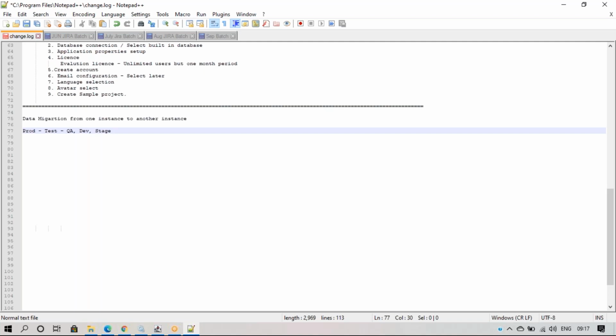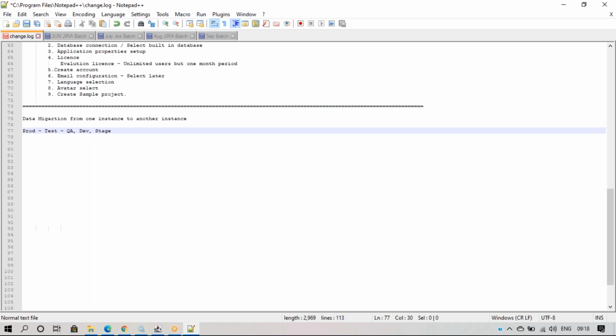Test means if you have any new project requirement or any automation, we can't test it directly in the production instance. The production instance will be maintained by the client, so we can't create multiple custom fields and try everything or create sample data. These types of things will not happen in production. Every user has access to production only, and they track everything in production only. All end users don't have test, QA, dev, or stage environments. But as a Jira administrator, we have these stage and test environments.